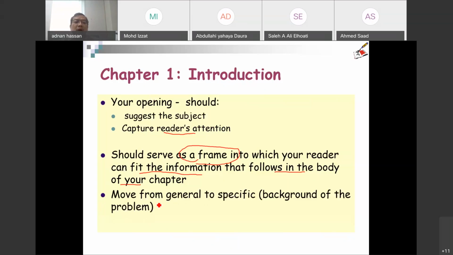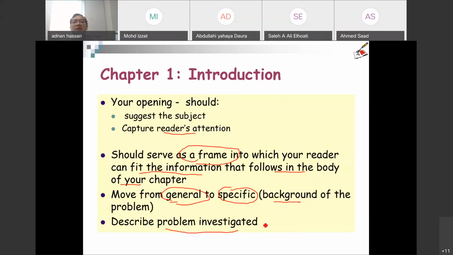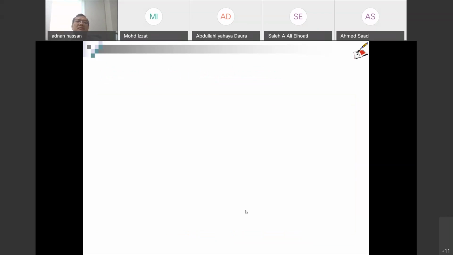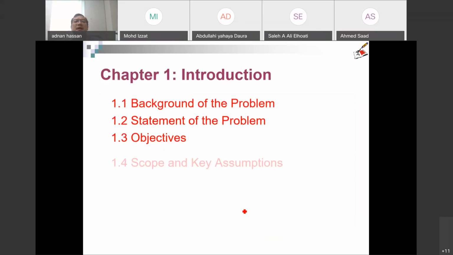Okay. So you are moving from general to specific. In chapter one, start with the general and move slowly to the background of the problem. Okay, starting with something general. Then you need to describe the problem investigated in the statement of problem. Okay, so these are typical